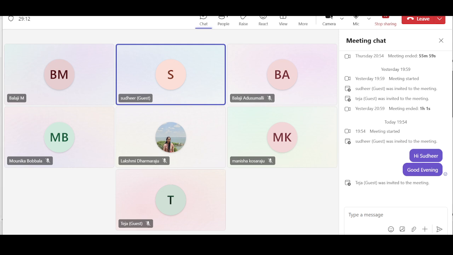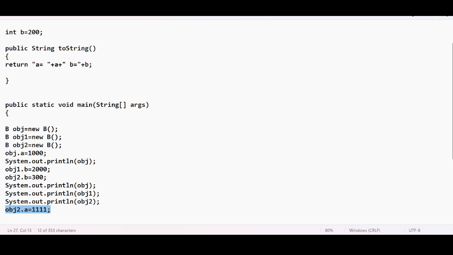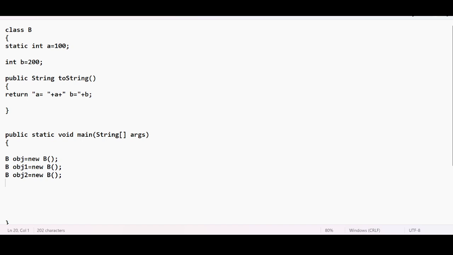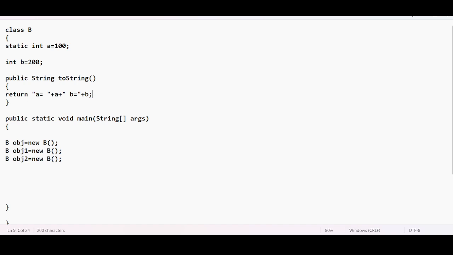Shareable. So now you answer this for me. Let me remove all this. Now you see, the value 100 is assigned to the variable, which is a static variable. I just want to modify it. For any static variable, I can do modification in two ways. What is the first way? The syntax for the first way is